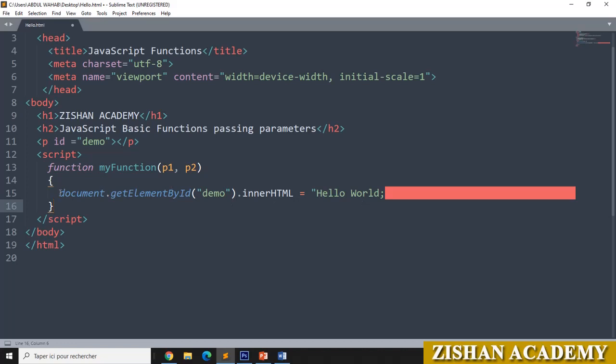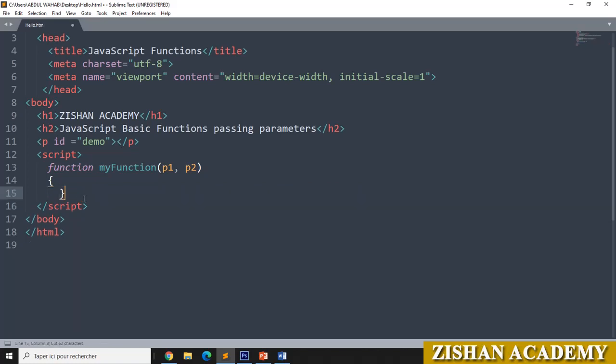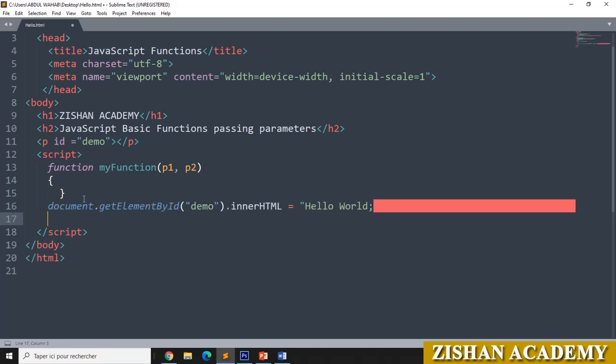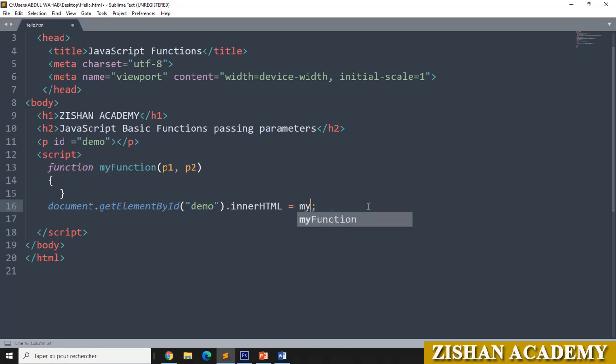Here we will copy this one and paste it after this function. Is equal to, we'll go for calling that function myFunction. Here we will pass some parameters. Here I am giving some value 4 and then 6.